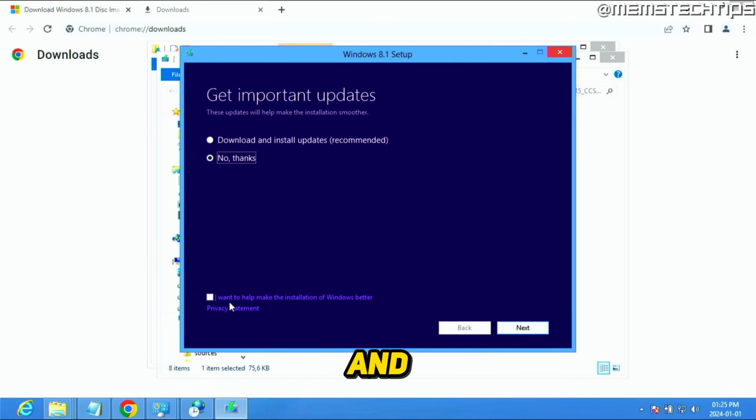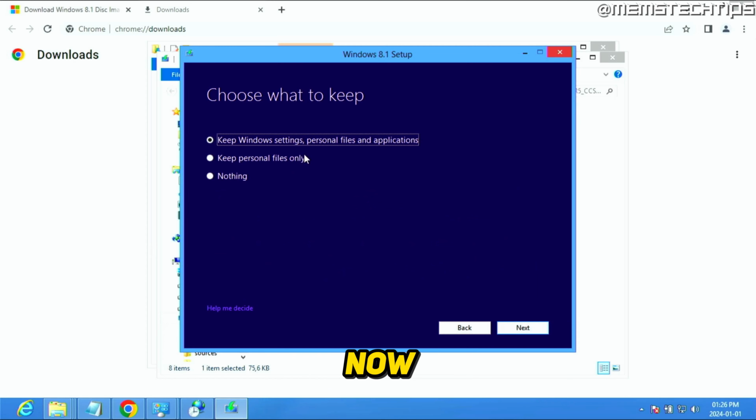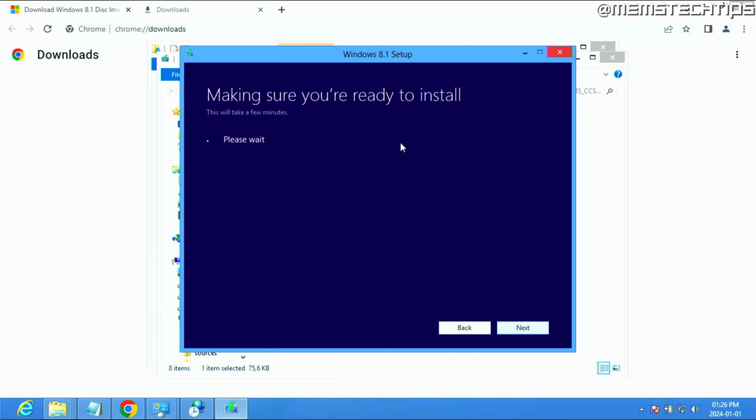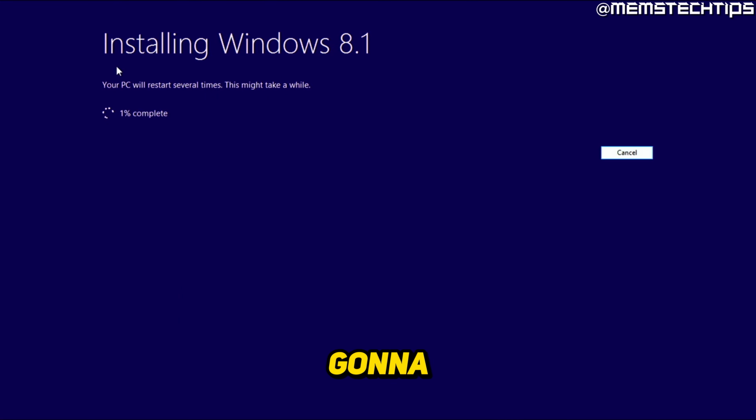Here click on No Thanks and make sure that that box is deselected. Click on Next. Next select the terms again, then click on Accept. And now here you can see that I can keep my settings, personal files and apps, and that's exactly what I want. So I'll make sure that that's selected, then click on Next. It's going to do some checks on your computer, and then you'll see that it's going to install Windows 8.1 Pro, and it's going to keep all of your settings, personal files and apps. Then you can just click on Install, and it's going to start the upgrade from Windows 8 to Windows 8.1,